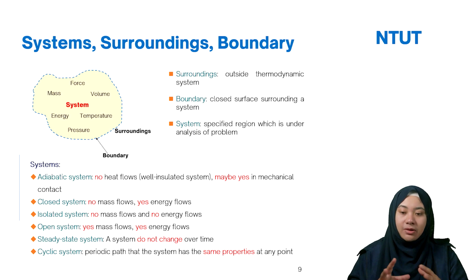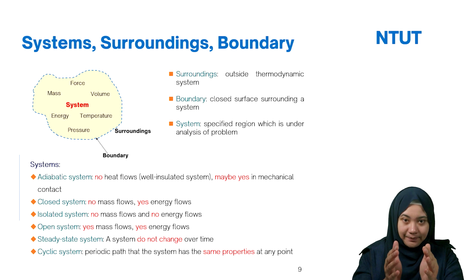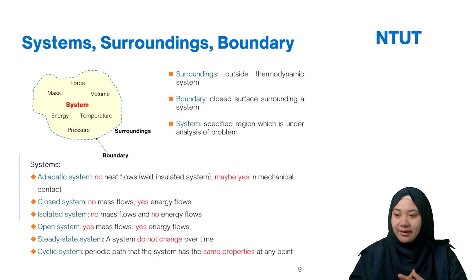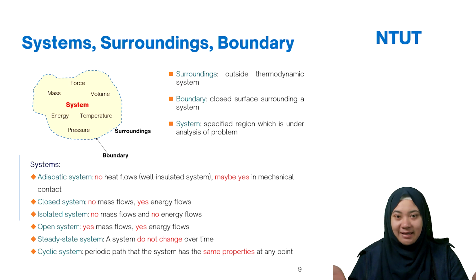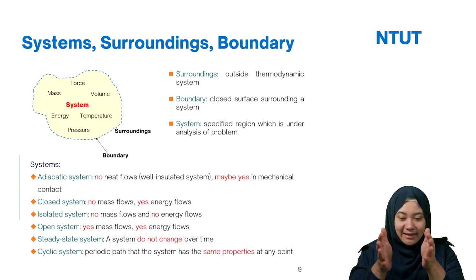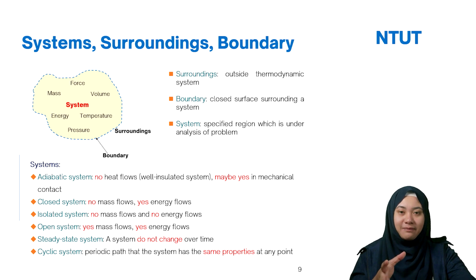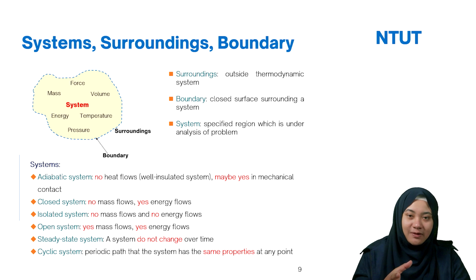And the other is the isolated system. Isolated means the system is totally isolated. Like in 2019 when we got COVID, we were totally isolated, so we could not go out. In this case you don't have mass in or mass out, because the system is only inside. So you don't have mass flow, and you also don't have energy flow. This we call isolated.